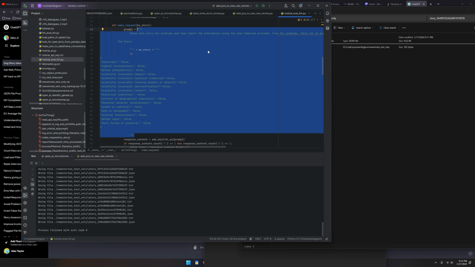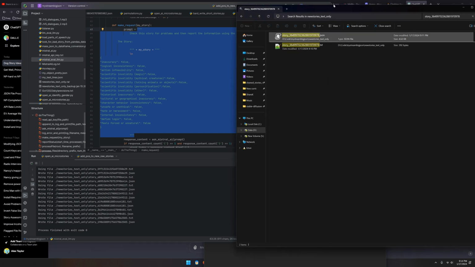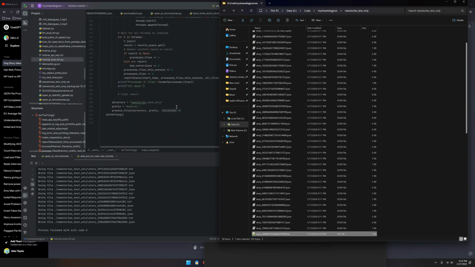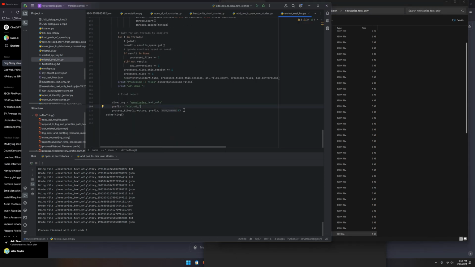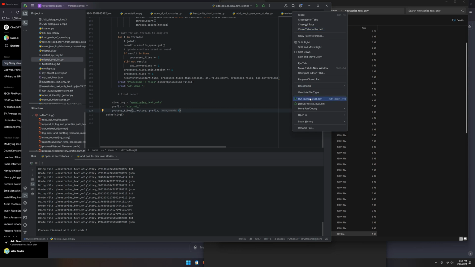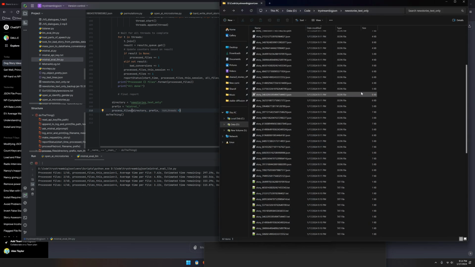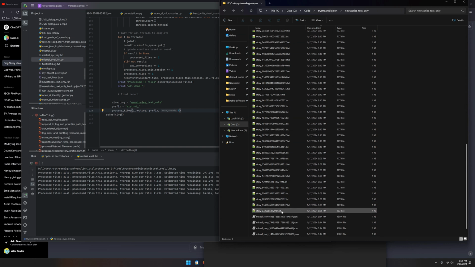Now, this should be configured to run on this directory here, new stories text only. And it detects if files are already there. So let's say 9 threads is probably fine. I haven't exactly figured out how the rate limiting works on here, but I don't usually go over even with 9 threads. So here we go. This should be kicking out results here.